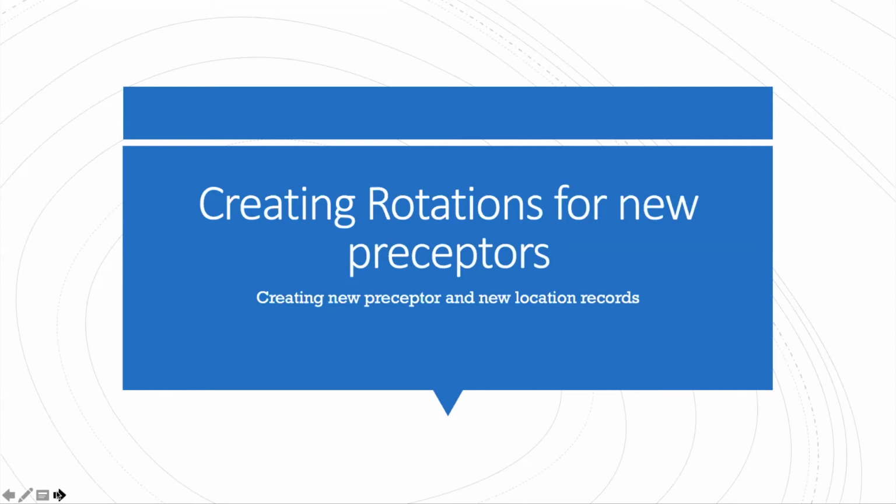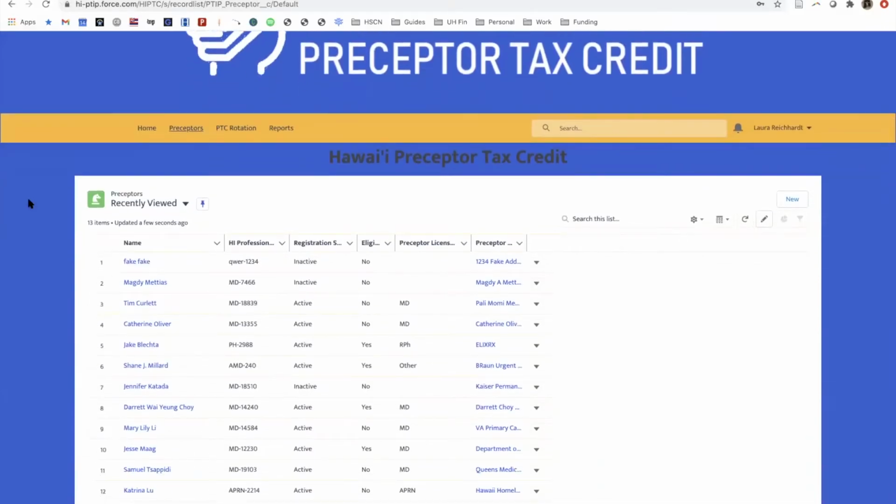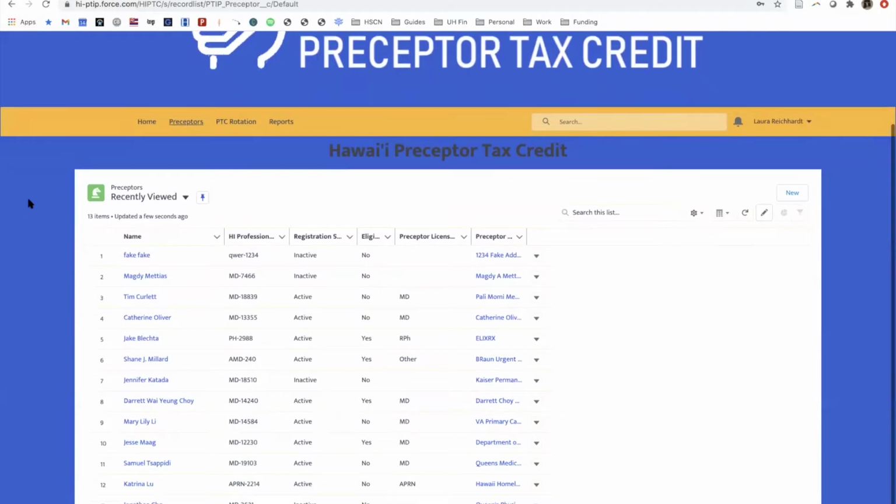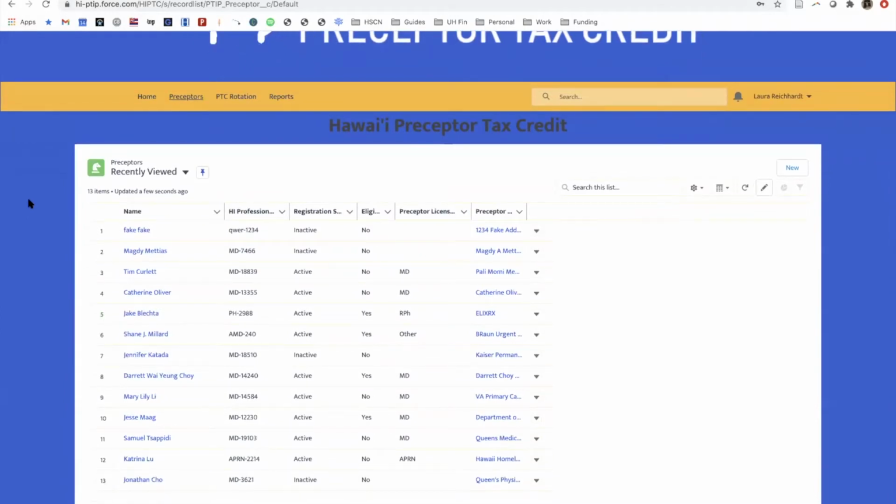Next, let's review creating rotations for new preceptors. This is if your preceptor has not registered into the database and no one else in our Preceptor Credit Assurance Committee community has created an account or a record for that preceptor either. Now, if we need to input a rotation, but the preceptor is not in here,